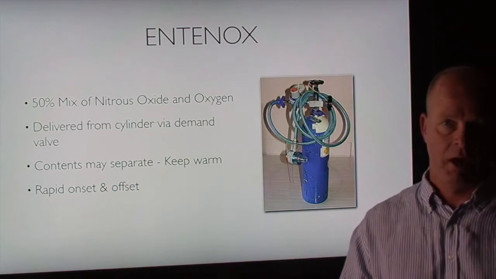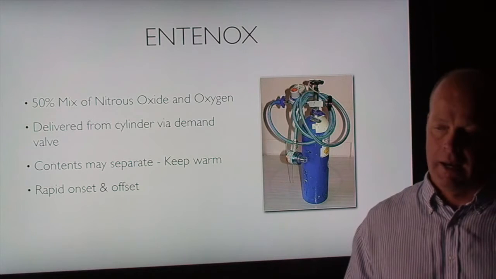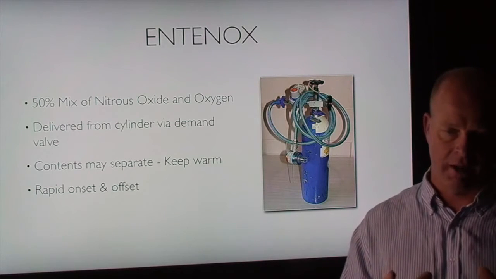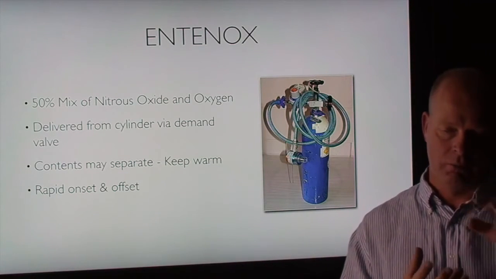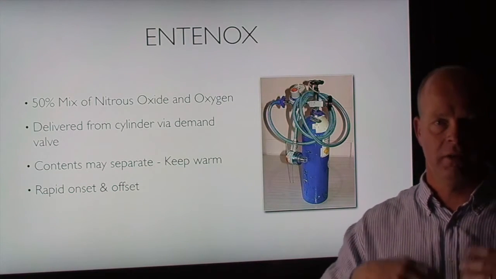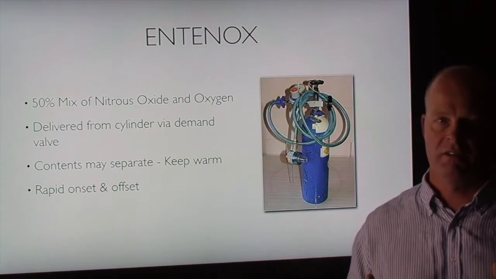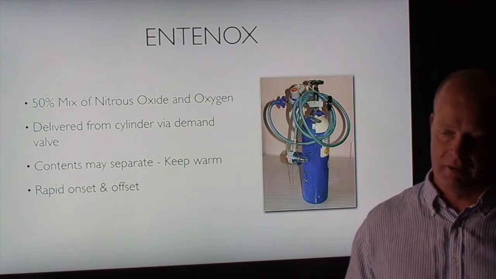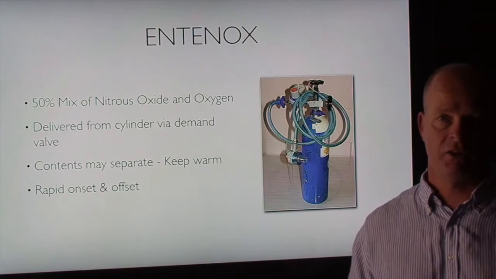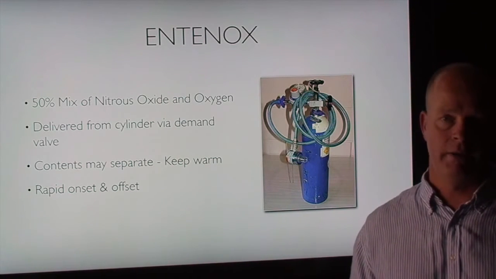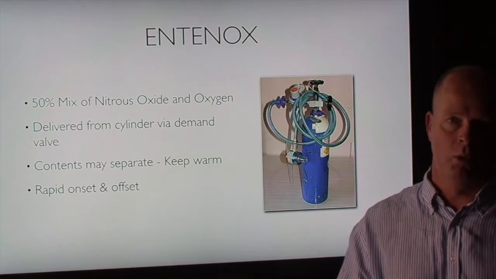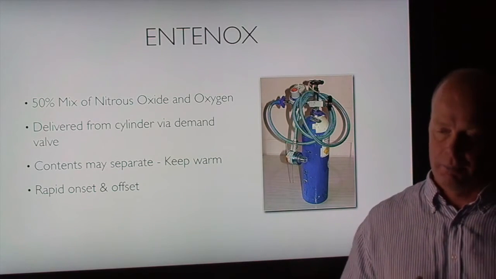It's delivered from a pressurised cylinder via a demand valve, which has both benefits and problems. And because it's a large and rather cumbersome cylinder and has two gases in it with different physicochemical properties, there is the risk of separation of these agents. And generally, if the cylinder is stored below about -6 degrees Celsius, they separate away so that you've got oxygen on top initially, which is great, deliver lots of oxygen, no analgesia, and then when that's gone, you've got only nitrous oxide, at which point you get great analgesia and no oxygen. So it's important to store the cylinders somewhere warm, to keep them warm in the field, and to make sure that they're adequately mixed prior to their use.